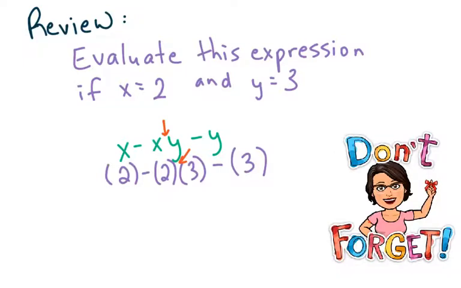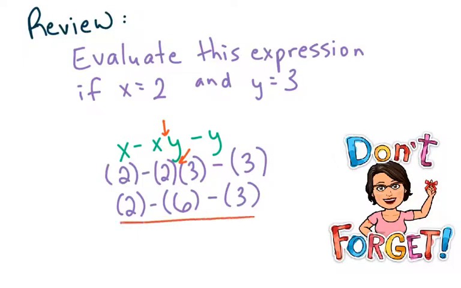All right, let's see how you did. You should have done 2 times 3 is 6. And then we still have 2 minus 6 minus 3. Then, when we have two subtraction problems, we're going to move from left to right. So we're going to do 2 minus 6, which is negative 4,